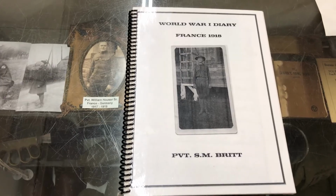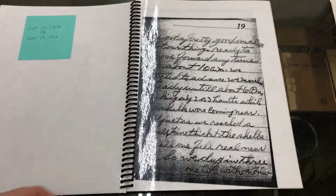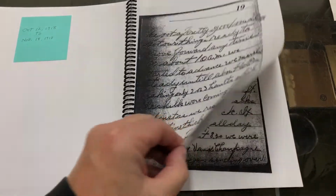They have other things going back to World War I. I think one of the more remarkable things is they have a copy of a soldier's diary. He was a medic in the war, and a local gentleman. And it is